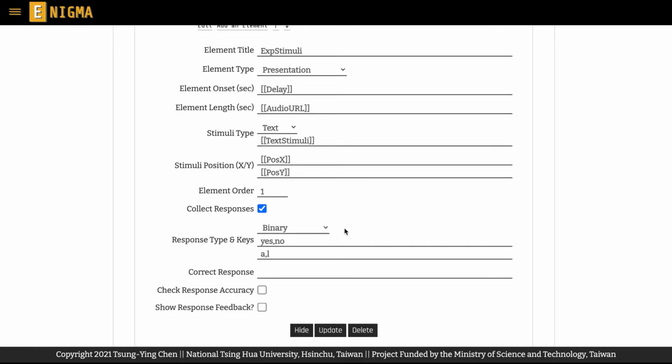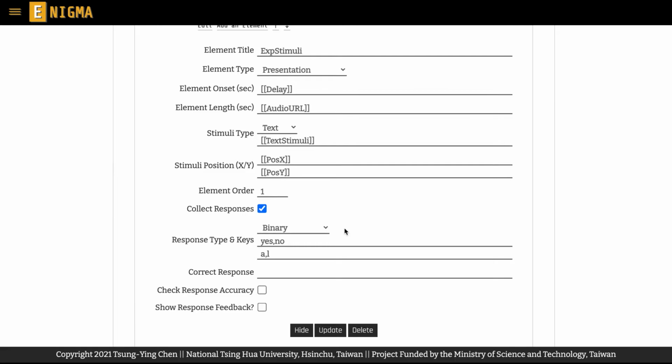The response prompts will appear in response buttons that are only visible in the mobile interface, and the response keys will only be meaningful in the desktop interface. Since you don't know which kind of device your participants will use, you're required to provide both types of settings.